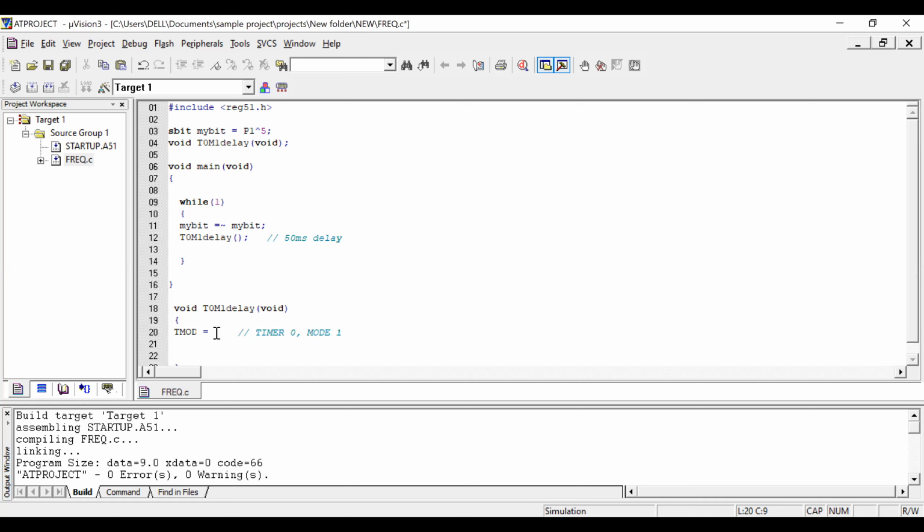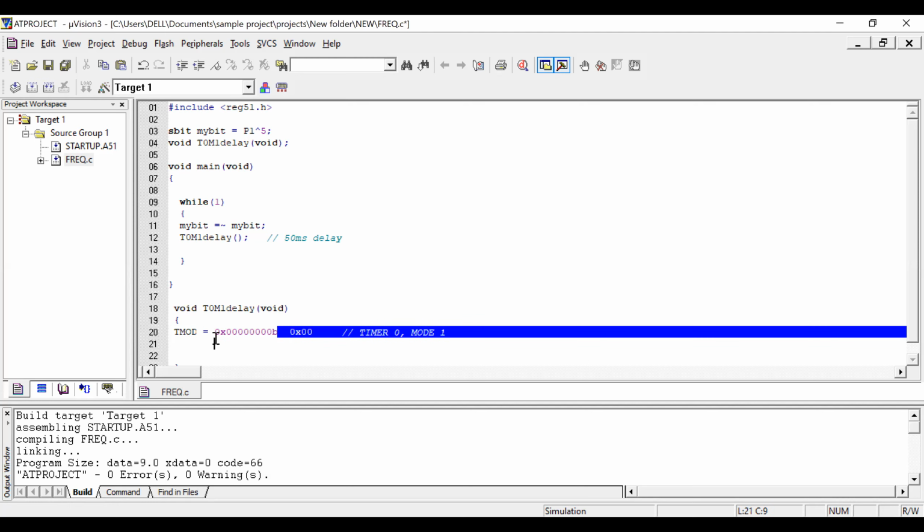If you want to see it in binary form, that is 8-bit, you can provide 0b initially, then the 8 bits, and B for the binary representation. You can assign it to TMOD directly. That is possible, or you can use 0x in hexadecimal form.